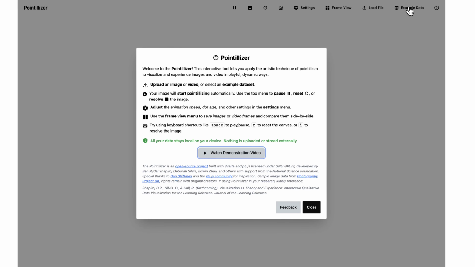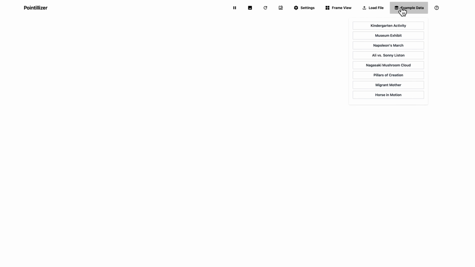We present the Pointillizer, a dynamic visualization tool that allows you to apply a technique from the visual arts known as pointillism in interactive ways to visualize and experience images and video. To demonstrate this tool, I'm going to go ahead and load an image from a 2-minute video dataset of a